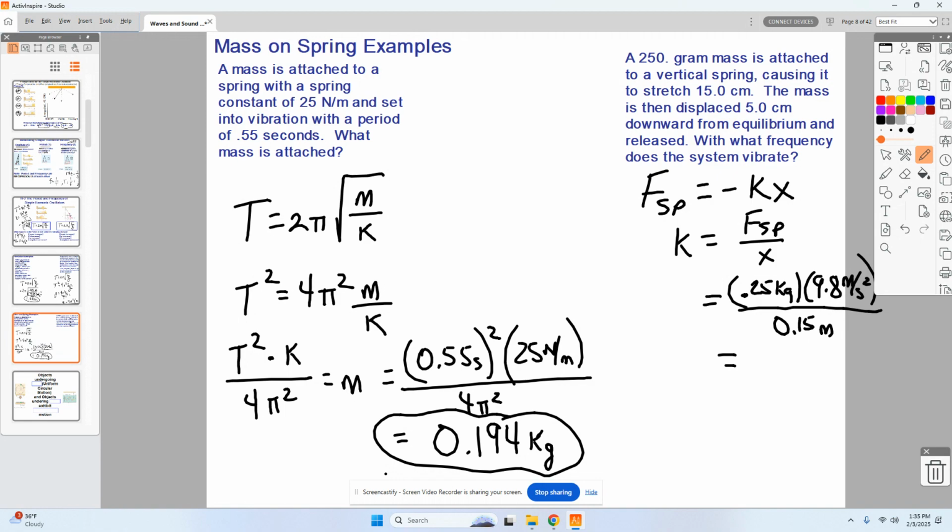Shout it out when you have it. 16 and a third. 16 and a third, you said? Yeah. So 16.3-ish or so? Yeah. Newtons per meter. That's K. I want to know the frequency at which this thing oscillates. There's two ways you could do it. Find the period, take the reciprocal, or